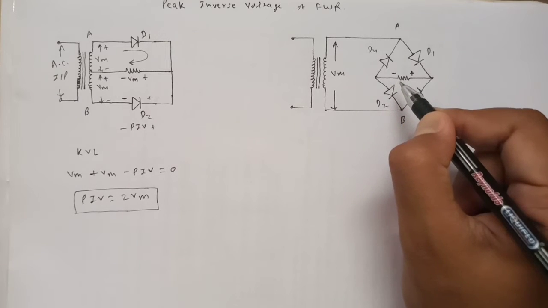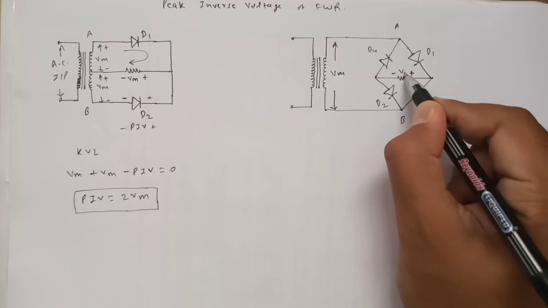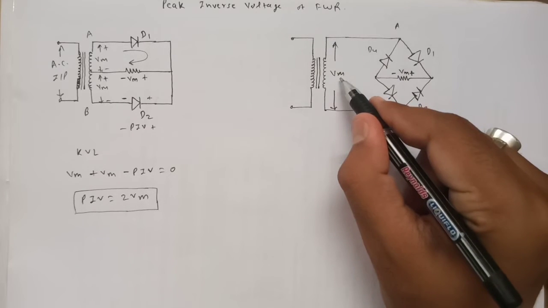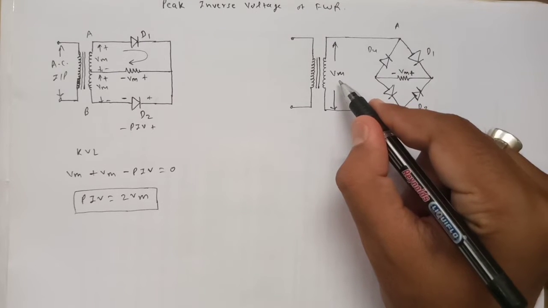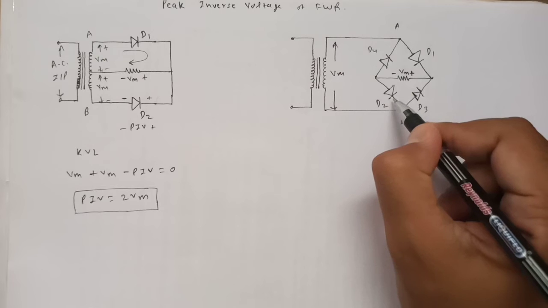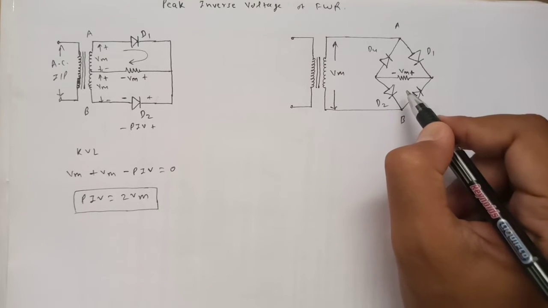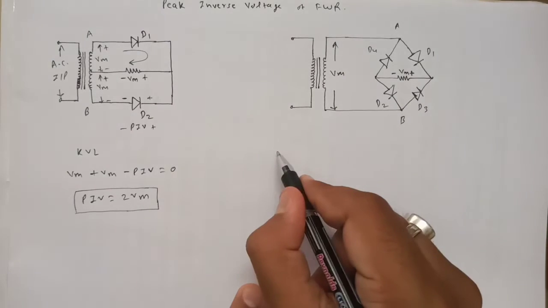And we know the maximum voltage that can be available here will be equal to Vm, because we know the input is having a maximum value of Vm. So that's why the maximum voltage which is generated here will be Vm. We are neglecting the voltage drop across diode D1 and D2, right? So again, we are going to apply the KVL